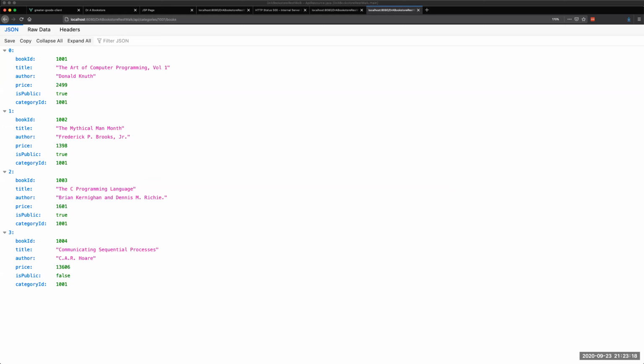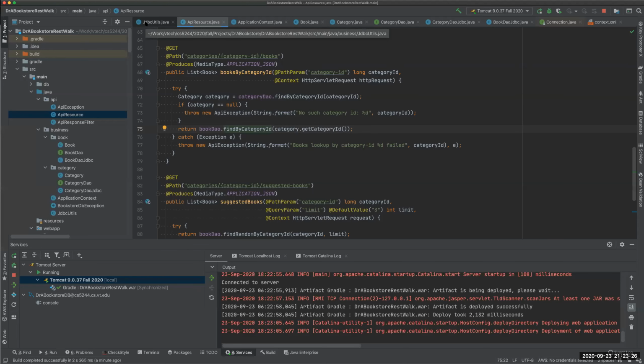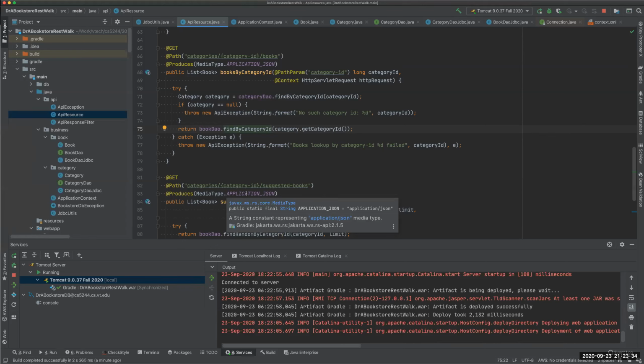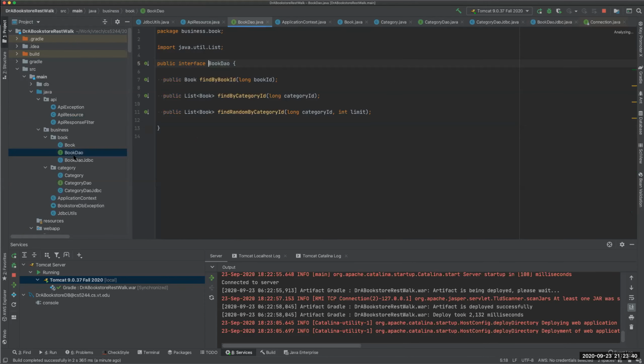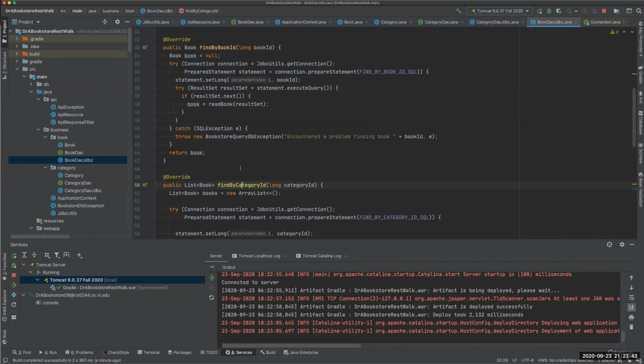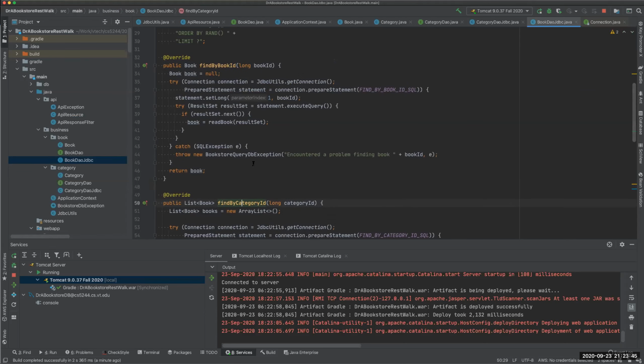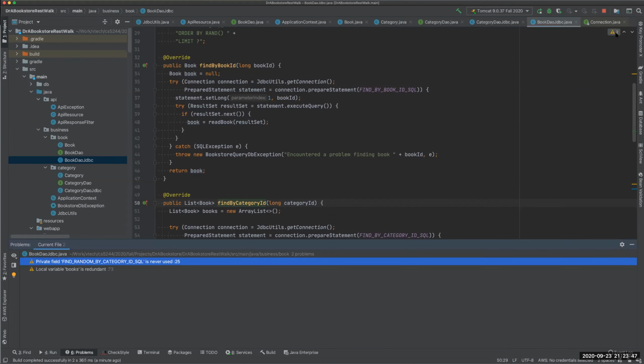And you see we get all my coding books. So it looks like that works. I think I can probably leave things there. The only thing I noticed in the BookDAO. Well, let's see how we're doing in BookDAO. Or yeah, BookDAO JDBC. The only thing I noticed is